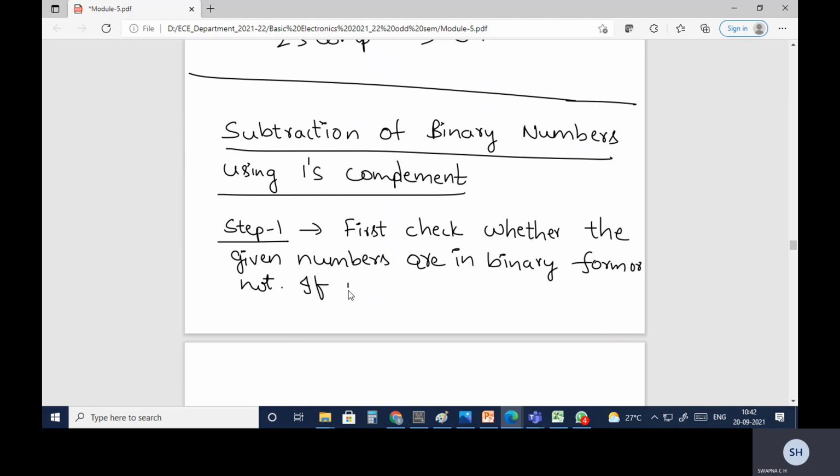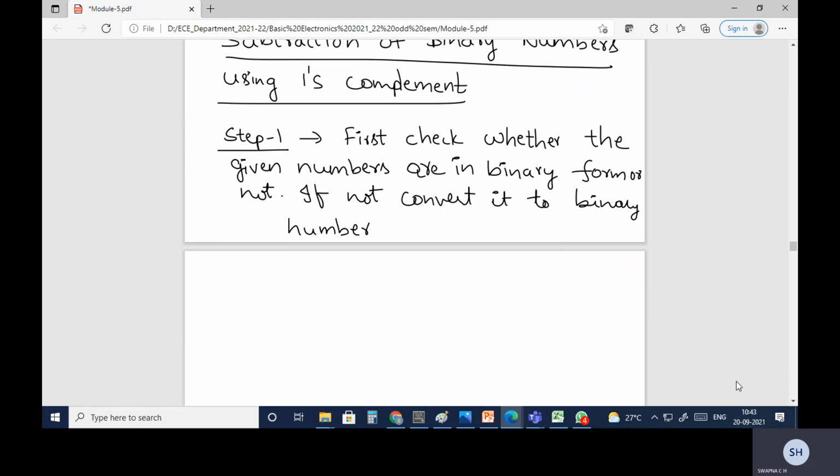If not, convert them to binary numbers. So this is the first step that you need to follow.